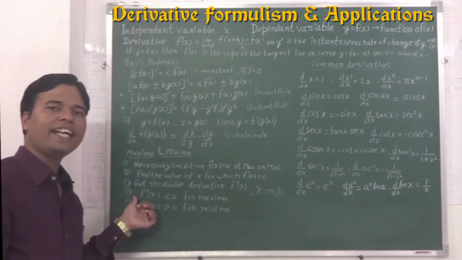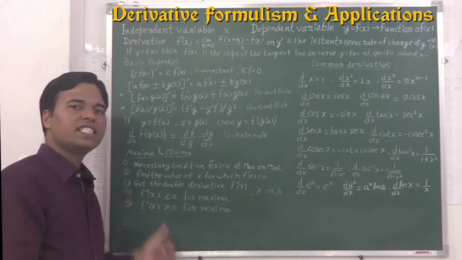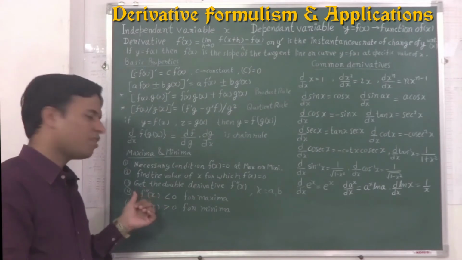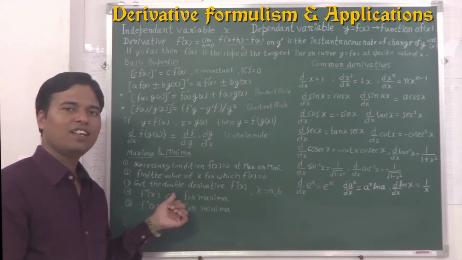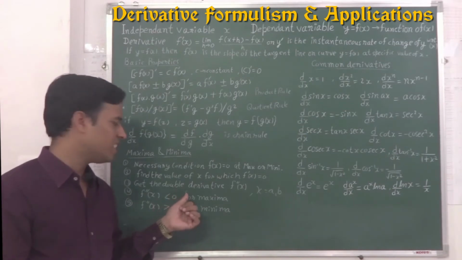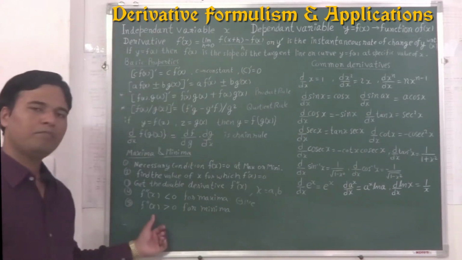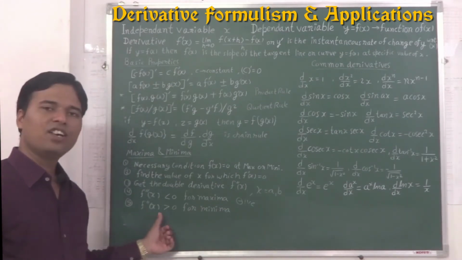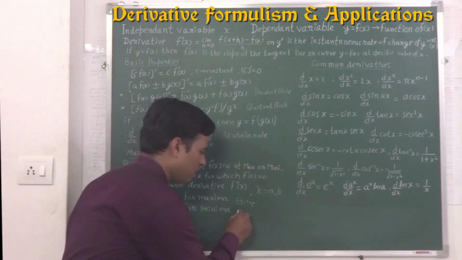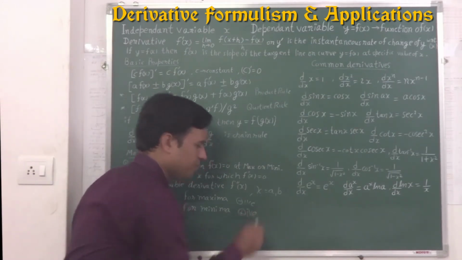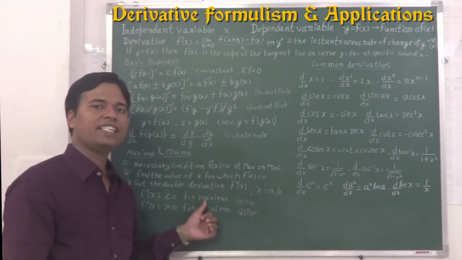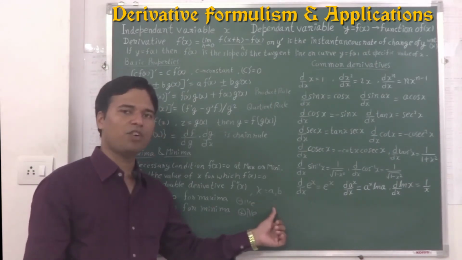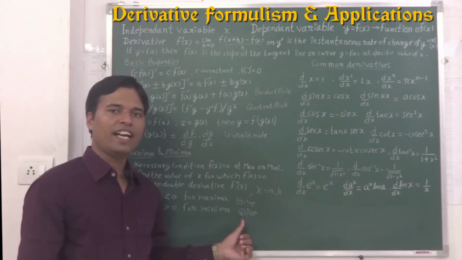Then we will find the function's second derivative, which can be denoted by f double dash x. For a maximum, the f double dash value will be less than 0, or negative, but at a minimum the value of the second derivative of this function will be greater than 0, or positive. It is to identify which of these points are maxima and which are minima.